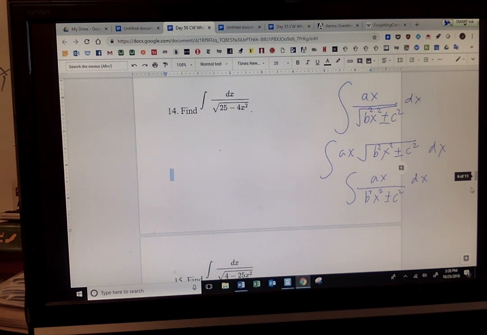So as long as you have a quadratic like that and you have just a constant times x, look at the board to see how easy it is. Let's make a guess. U should be b squared x squared plus or minus c squared, and the answer is just magically sure. You don't even have to think too hard. U is b squared x squared plus or minus c squared. Always. The answer is just magically sure.